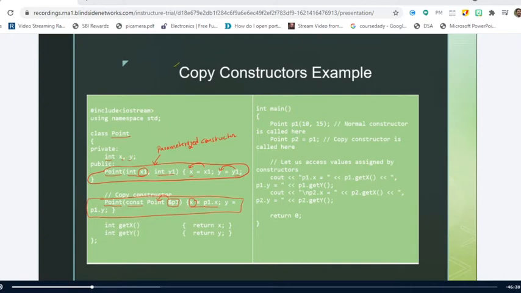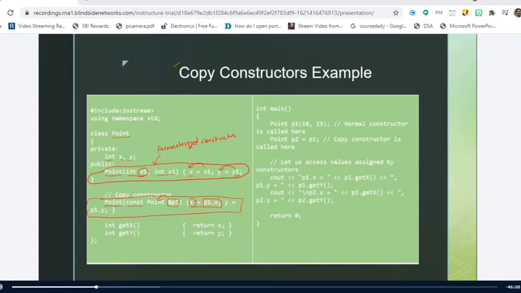And what is this p1 dot x? Yes, p1 dot x is the private member x of object p1.